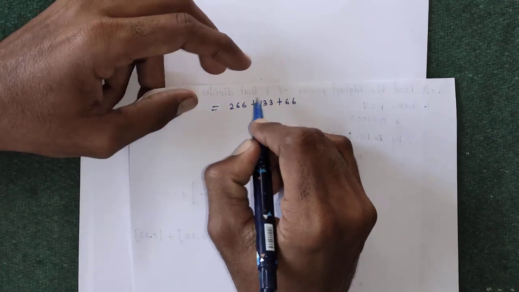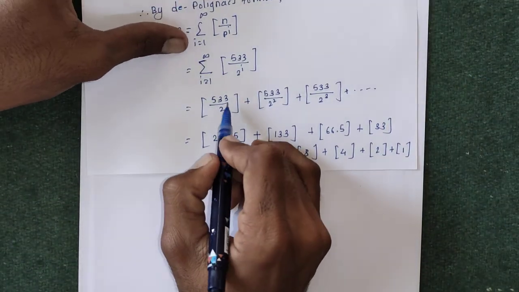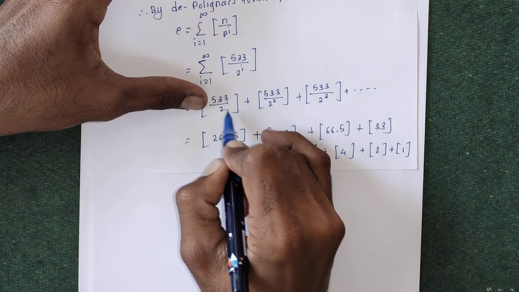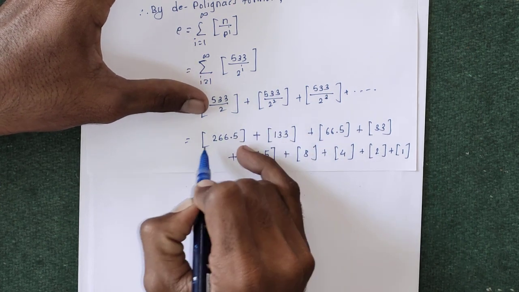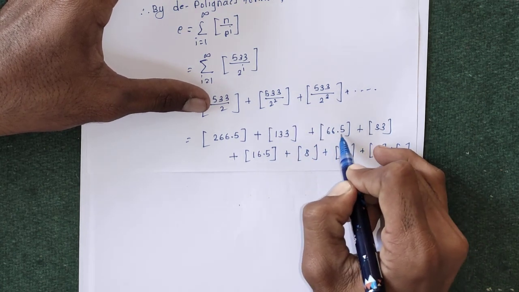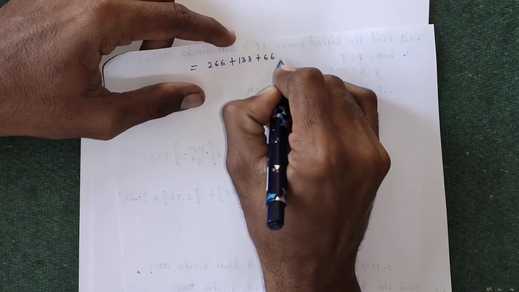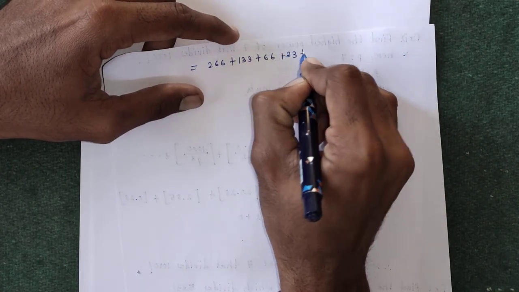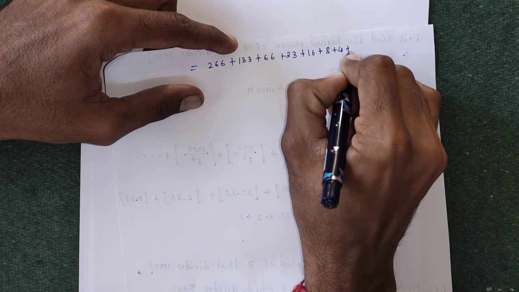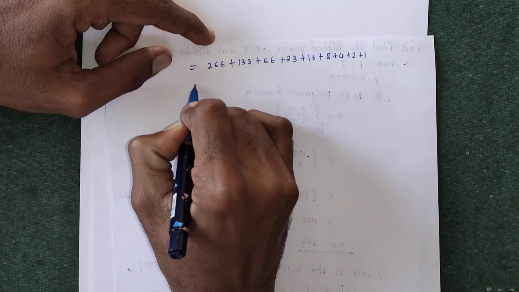In each division, we are just increasing the divisor by multiplying by 2. So we have to divide this number by 2, we will get this. After dividing this number by 2, we will get this. After dividing this by 2, we will get this. Similarly, we can write 33 plus 16 plus 8 plus 4 plus 2 plus 1, and adding these numbers,